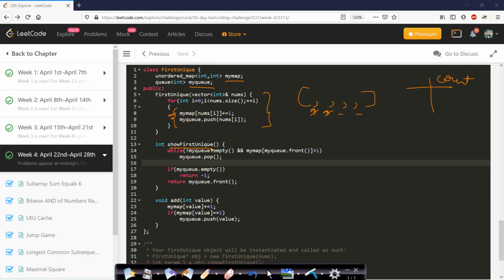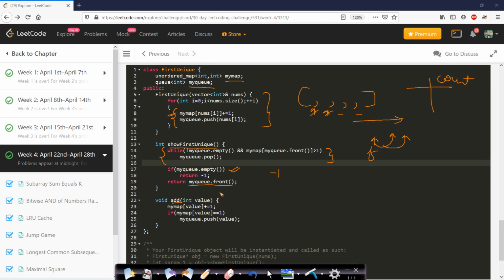Now these are your two APIs. The first API is show first unique. So whenever show first unique is called, then we will see the head of the queue, that is the front of the queue, and then if that element is repeated, then we will move on to the next element and again to the next element until we find an element which is not getting repeated, else the queue has ended. So we will keep popping as long as we don't find a unique element. After popping, if the queue is empty, then we will simply return -1 saying that there is no unique element. If the queue is not empty, then we will just return the front value of the queue saying this is the first unique element moving from left to right.